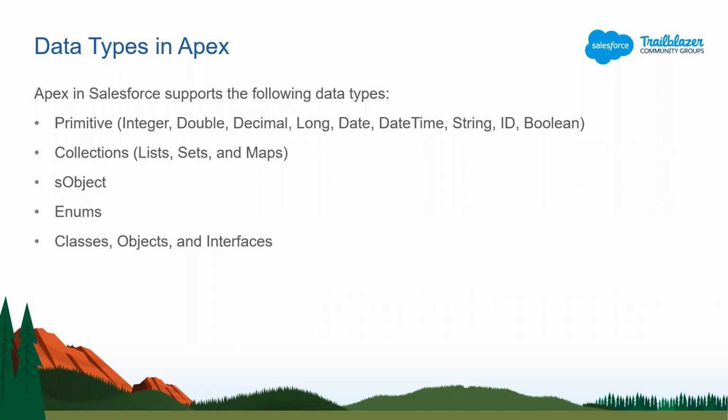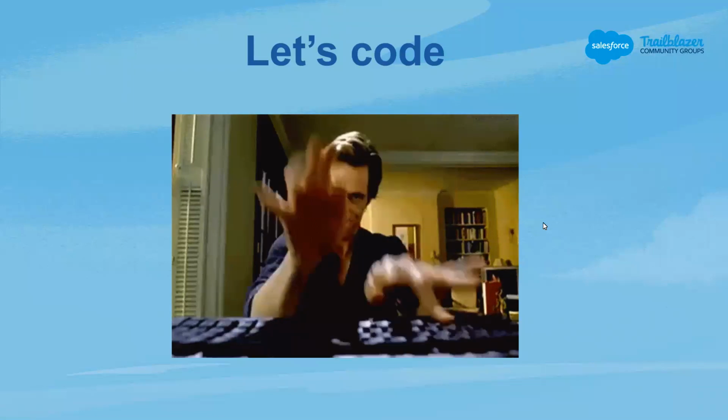Enums are abstract data types which are a collection of elements, but we mainly use them as a constant or identifier where we do not want to expose the values, and where we want to use them very frequently in many places. Then we have classes, objects and interfaces, which are part of OOPS and which we discussed in the previous session by Shiv Shankar. So now we'll be doing some demo.